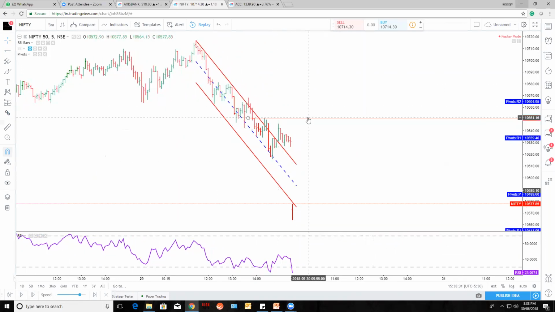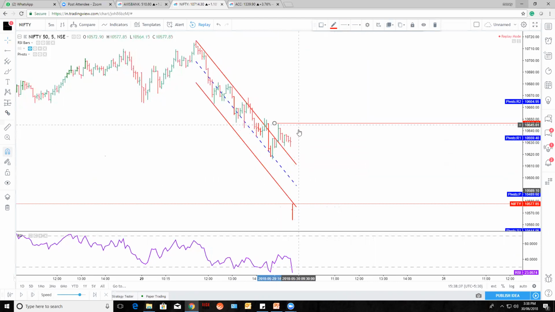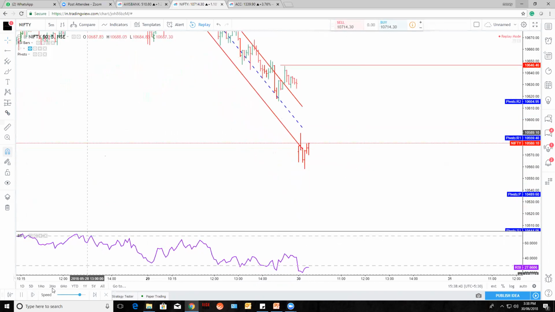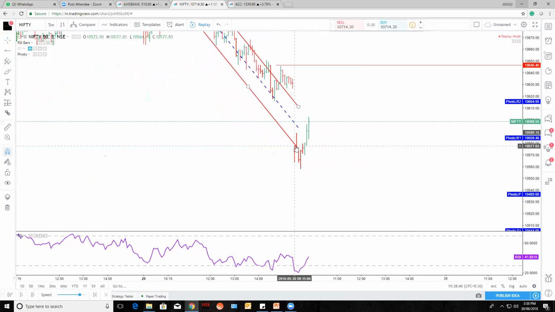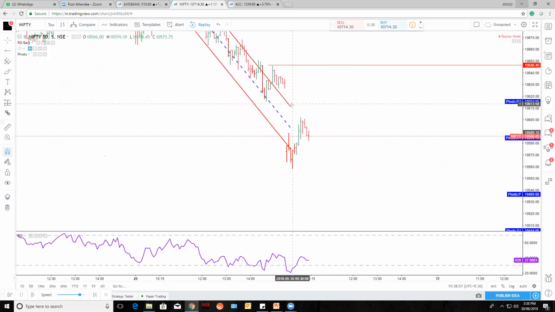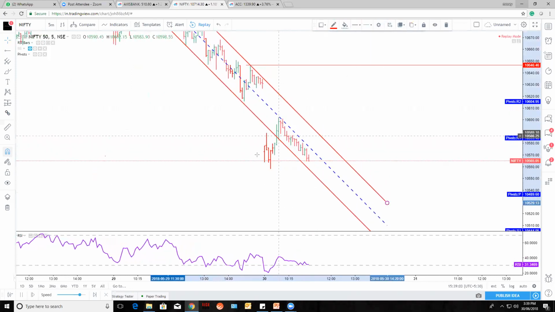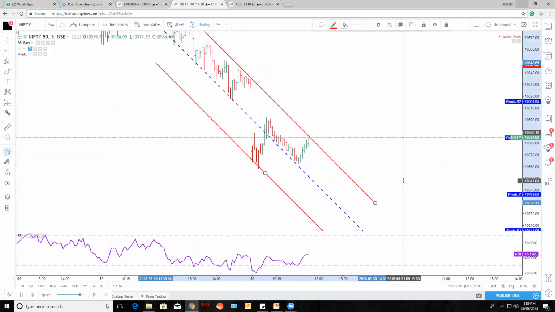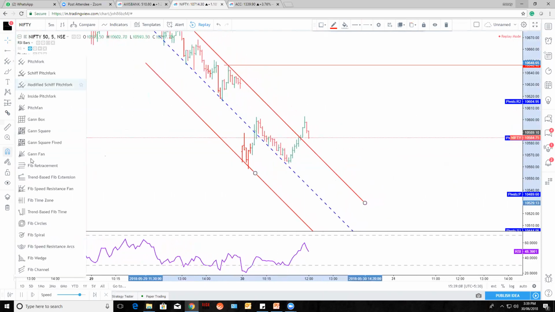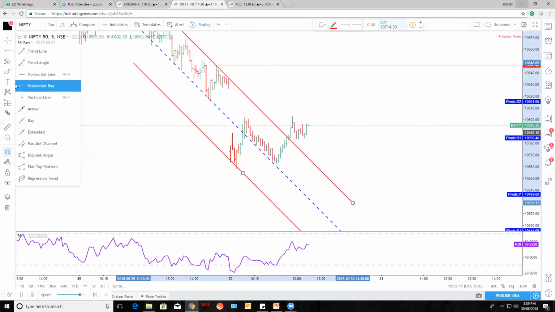See, again it broke this candle. It's a big green candle, but the next candles are not managing to close above that. Then there is a chance of further down. See where it opened exactly, at the channel's low. This is how the channels will work, definitely and accurately. Okay, now it went down and came to the channel again, channel stop. Let me extend it further like this. When it crosses this, one more channel will be valid. I'll take one more channel here.